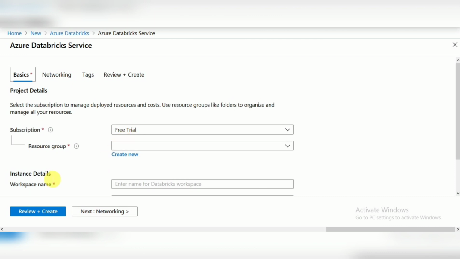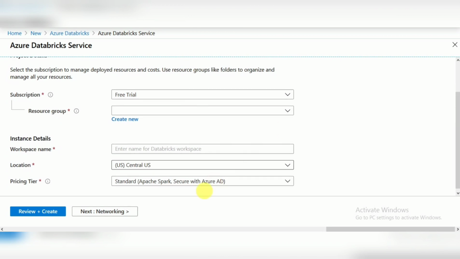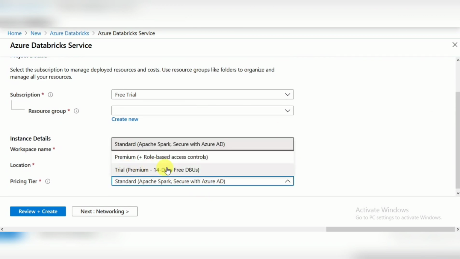And regarding the Databricks trial version, that is different. Here you can see this pricing tier, which is related to Databricks standard, premium and trial. Databricks will give a 14 day trial version, and this subscription is my Azure portal. Whatever you are doing here, everything will be stored in the Azure portal. All the network related and storage related resources will be created inside this Azure group, right? So that's related to the subscription.